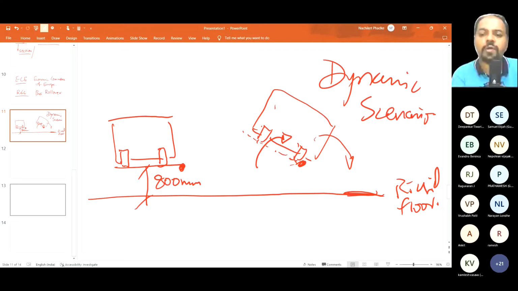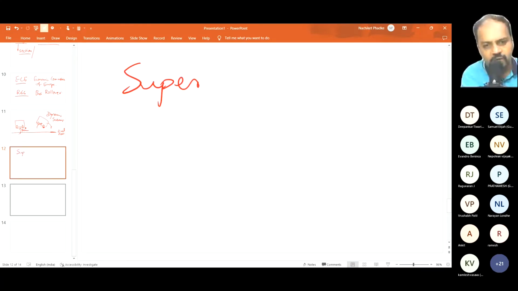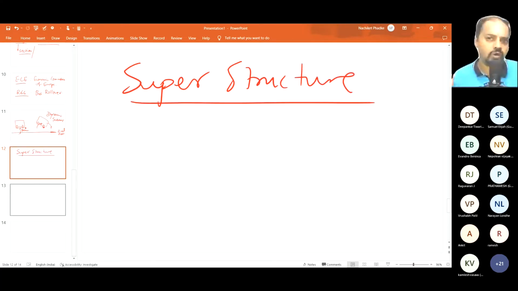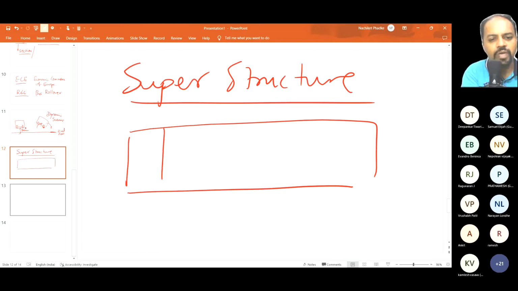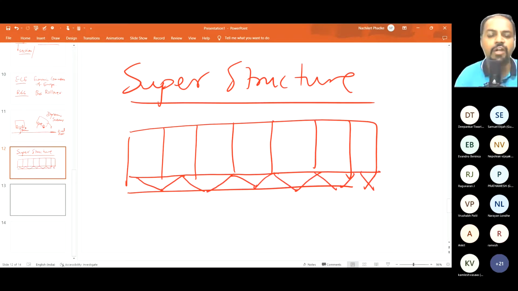So what is going to happen, guys? There is going to be a superstructure. It is called the bus superstructure. So not the body, but the structure which is going to absorb a lot of energy. That superstructure will have this kind of, if this is a side view, there will be this kind of structural supports. And these supports will have some kind of arrangement where you will have trusses at the bottom. Every design may be different, but there will be some kind of stiffness assigned